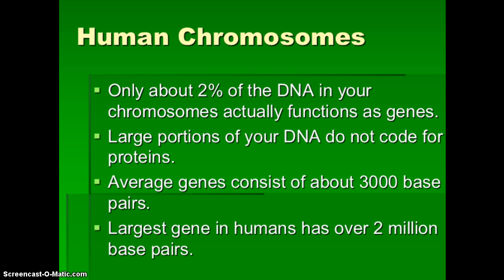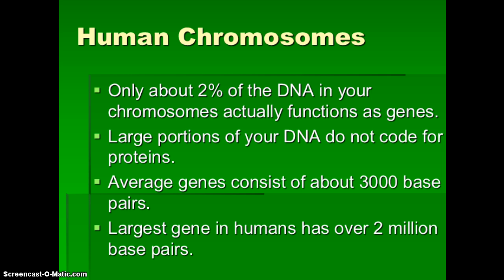DNA in your chromosomes is actually going to function as genes. So those are the things that are actually going to code for those specific traits that are passed on. So you have large portions of your DNA that aren't going to code for specific proteins. Your average gene consists of about 3,000 base pairs, and we haven't touched on this yet because it's in Chapter